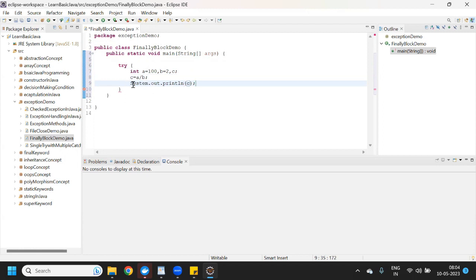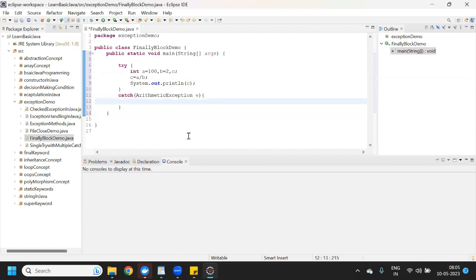Now, we have already used try. Now I will use the catch block. Under the catch block, we write the code to handle the exception. Since we are dividing two numbers, an ArithmeticException can occur, so I will write ArithmeticException here.